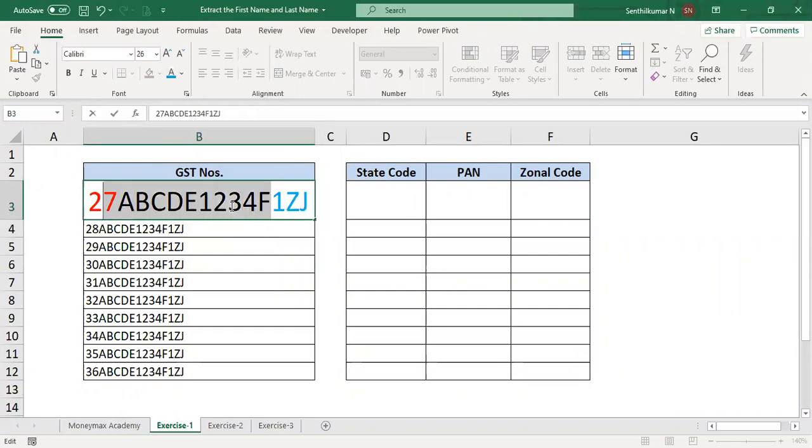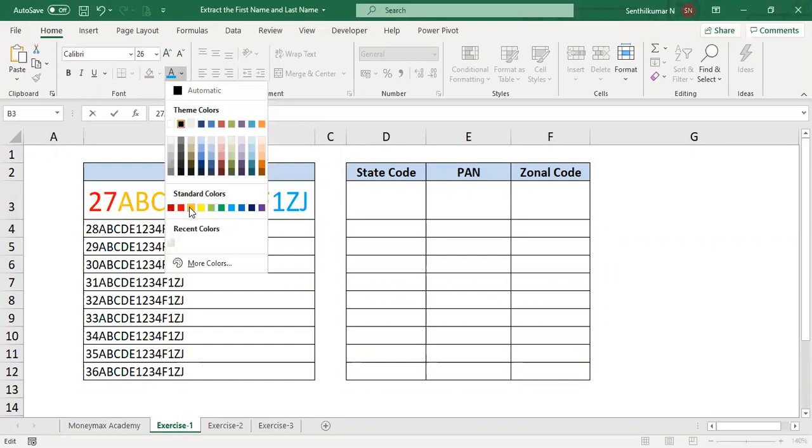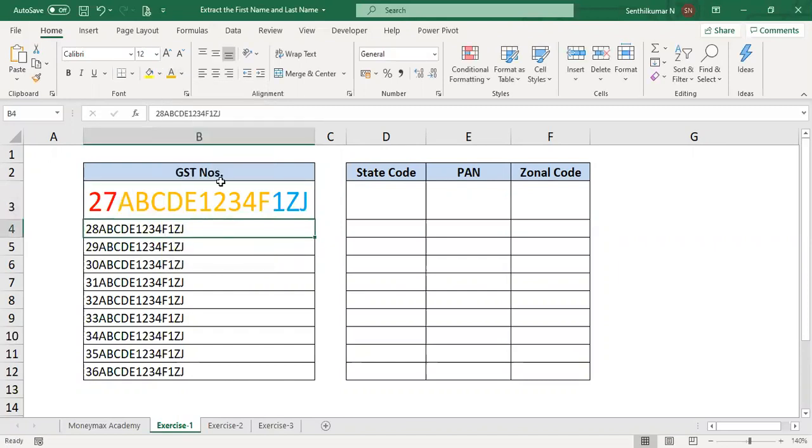Then 10 letters are called the PAN number. So the GST number contains the state code, PAN number and zonal code. Now we want to extract the state code separately, PAN number separately and zonal code separately.